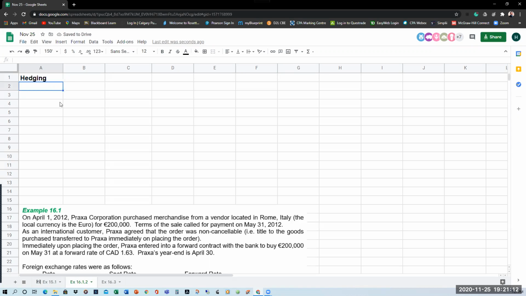So in the lecture notes, as well as the lecture video, I talked about the various kinds of exposures that companies may have. And so primarily, we are focused on the risks that changes in foreign currency exchange rates pose: translation risk, accounting risk, basically. They pose various risks to companies depending on